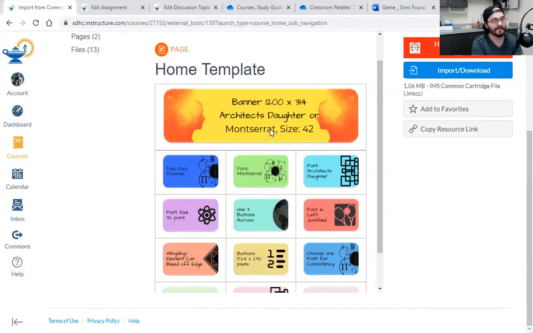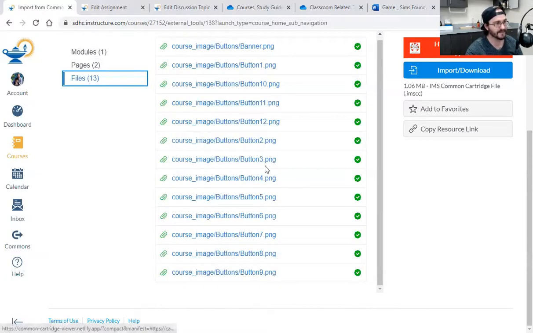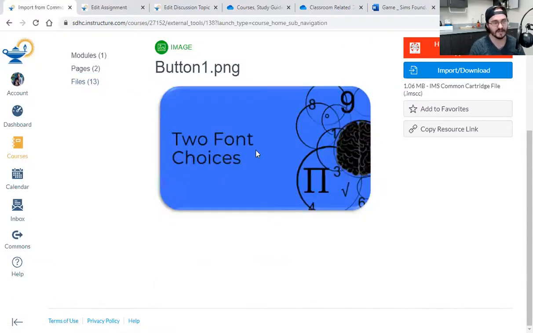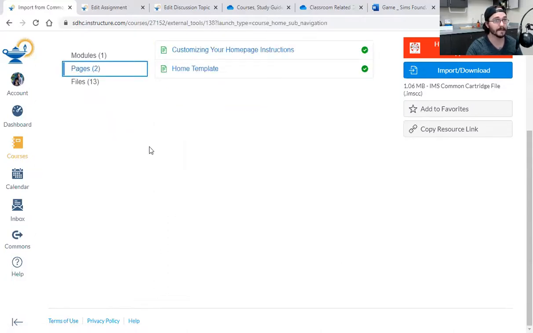Now, I don't know about you, but I would have liked it if they had given us the file to edit them, because they gave us the PNGs, but they didn't give us the file to edit. That means we have to go back and edit those buttons ourselves. And I'm fine with that, personally.